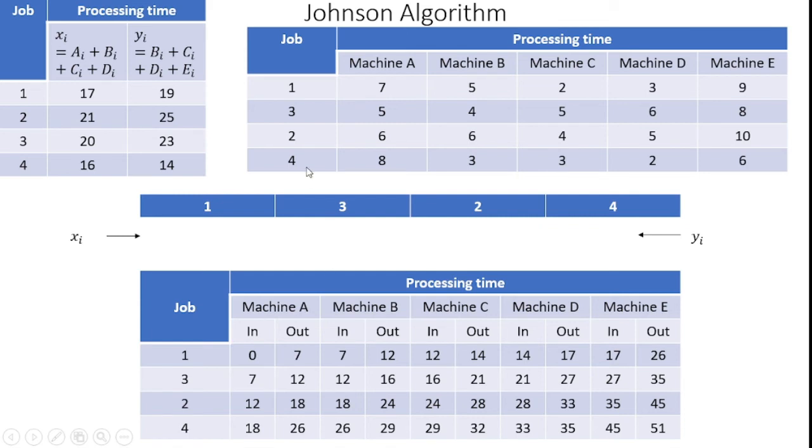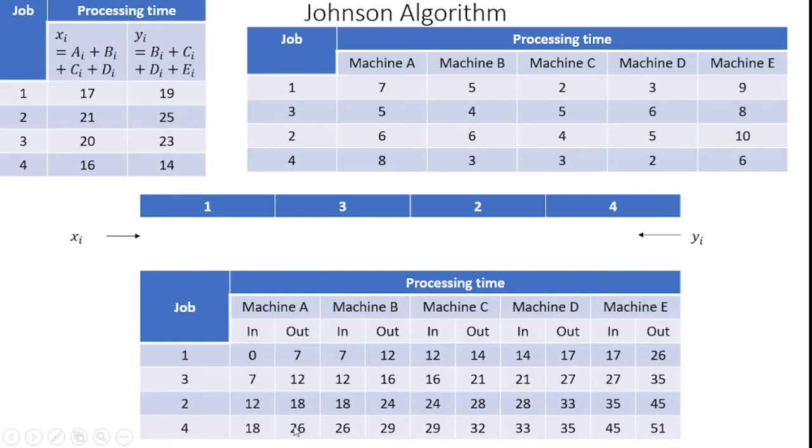After that, job 4 enters, as in our sequencing problem, so the machine A input time starts with 18 minutes. After that, how much processing time? 8. 18 plus 8, 26. I compare 26 and 24. 26 is the maximum, which means job 4